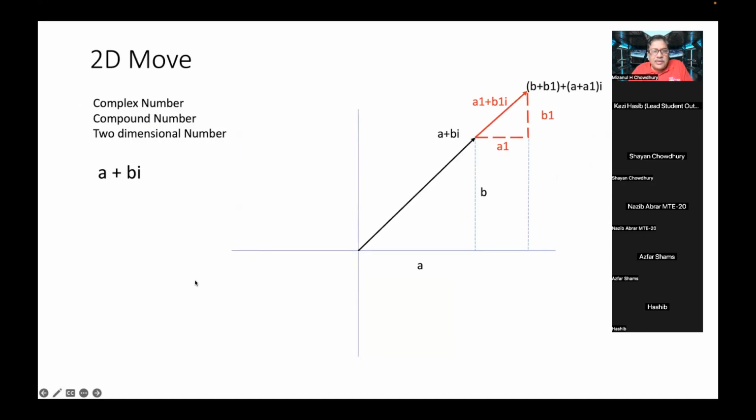So let's start with 2D move. First, understand the 2D. So what is 2D? Think about your daily life. When we drive, we are driving in this direction, A, this direction. And let's say this is